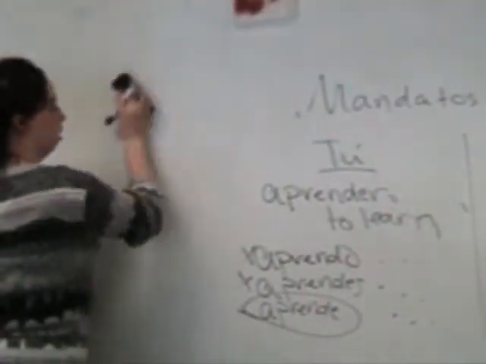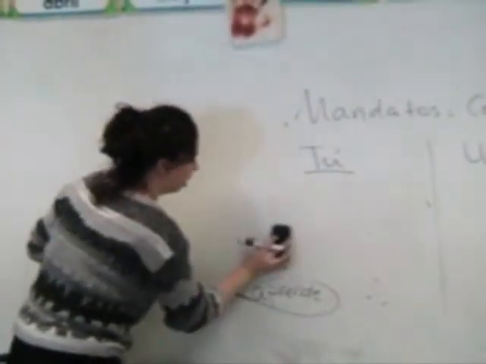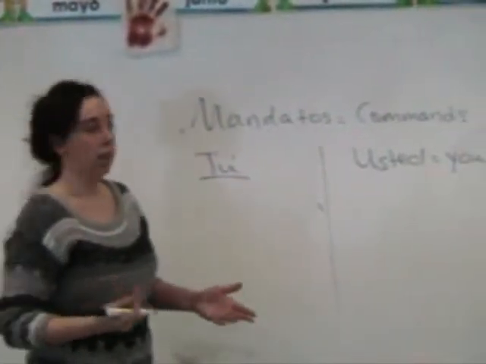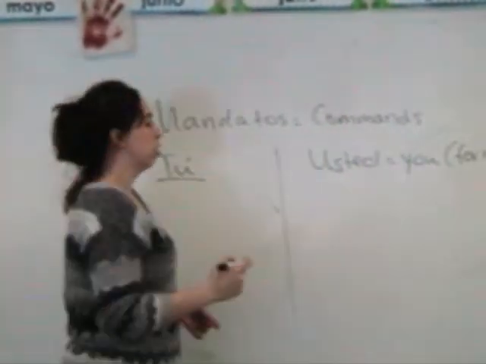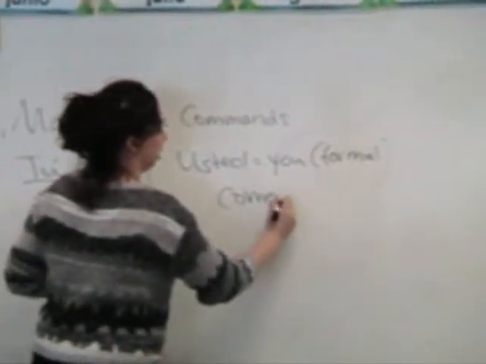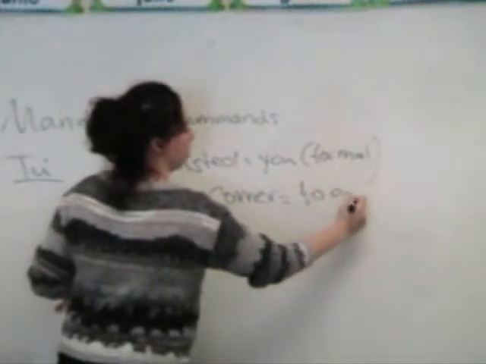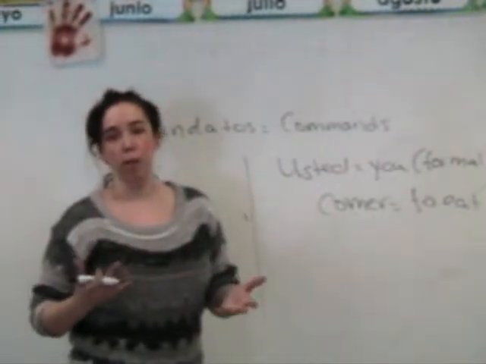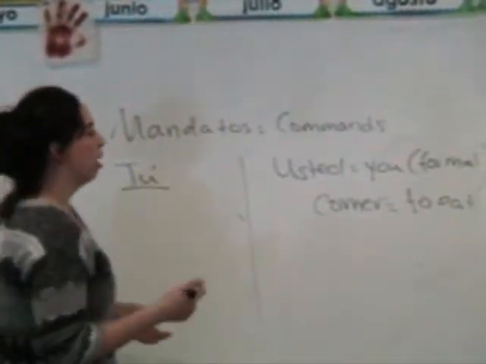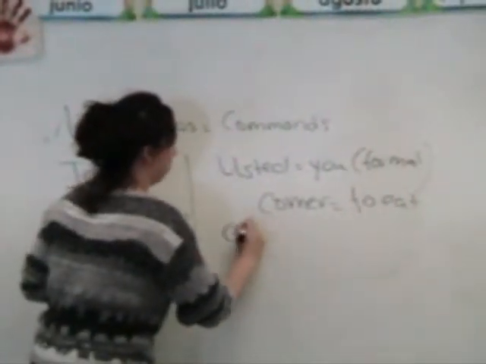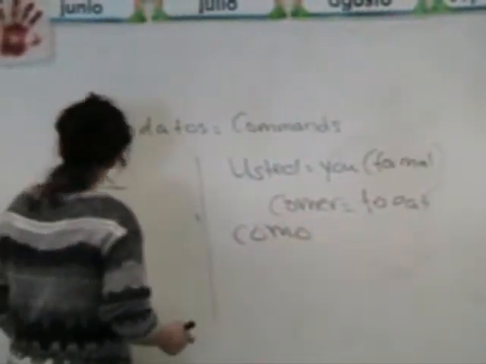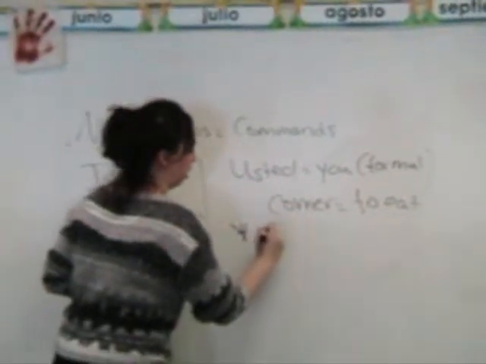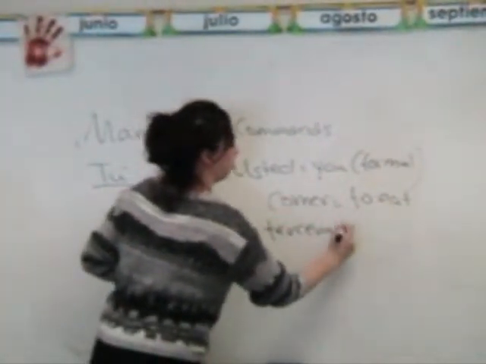So now we're going to learn about the usted form. What we're going to do is the exact same thing, except we're going to speak in a more formal way. So let's start with the verb comer, like we did just a second ago. Comer means to eat. Now let's say we're talking to someone, which might sound a little funny, talking to someone in a formal way and telling them to eat their vegetables, right? But we'll do it just for the sake of grammar today. Let's back up a second. You go to la tercera persona